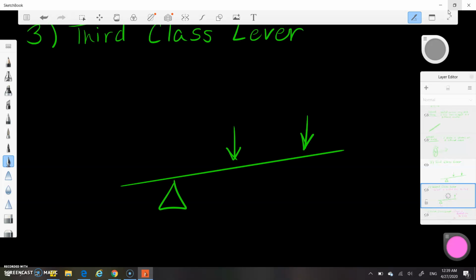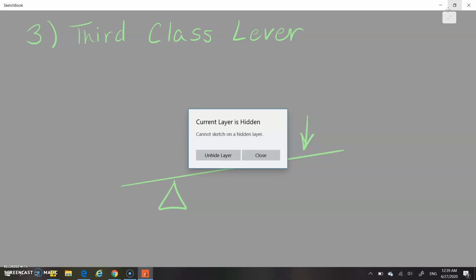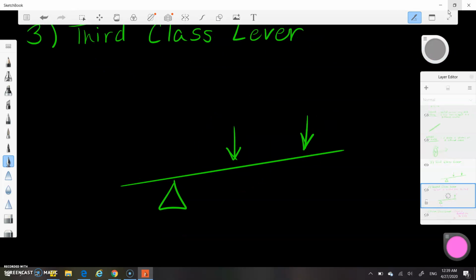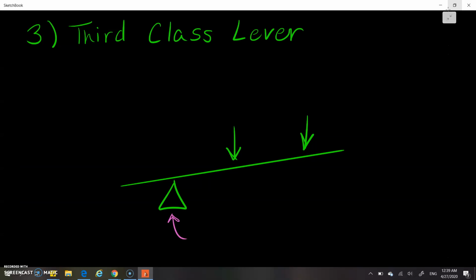Okay, so pretty sure you could have guessed by now, but the third class of the lever, I'm gonna unhide the layer. My bad. Keep forgetting to actually select the correct layer. There we go. Alright, so again, we have our fulcrum on the edge, but this time you have the input value in the middle and you have the output value on the edge. So for a third class lever, the input